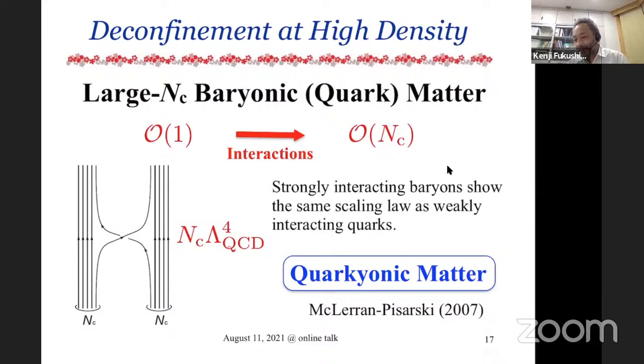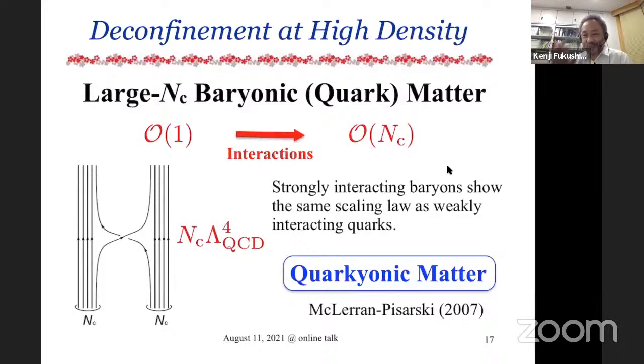In QCD physics, usually people take the large NC limit to simplify the theoretical argument. Fifteen years ago, Larry McLerran and Rob Pisarski found a very non-trivial feature from the large NC limit of QCD. You may think that the baryons are of course color confined, color singlet objects, and so the pressure should be of order 1 in the fictitious world of large NC. I mean, NC is the color number, and in the real world, NC is 3.